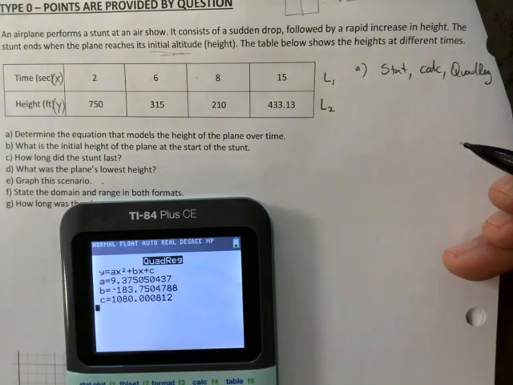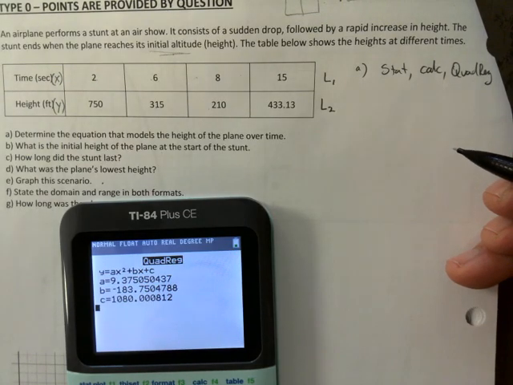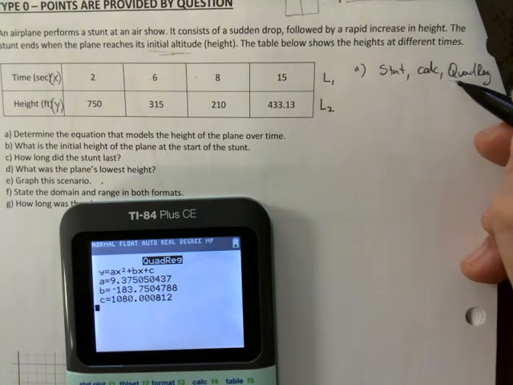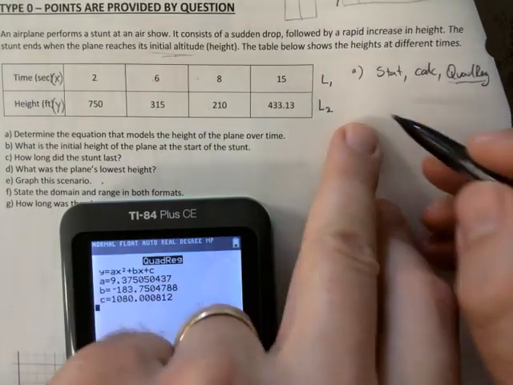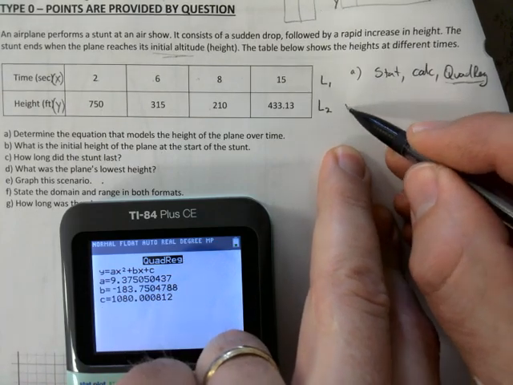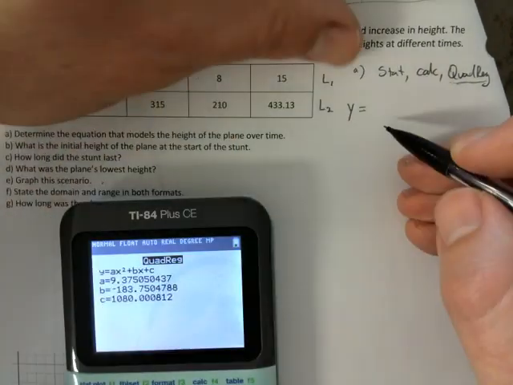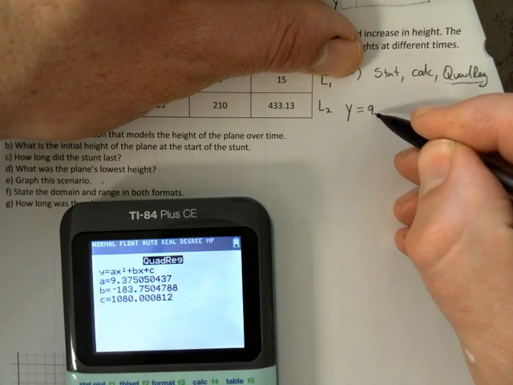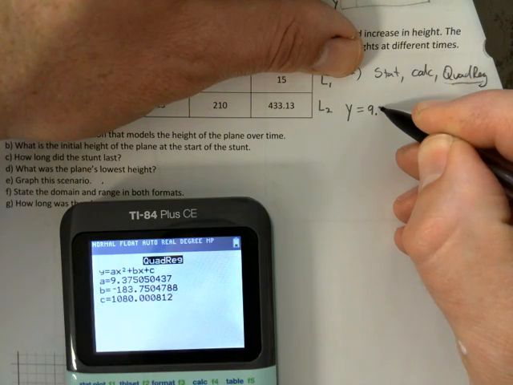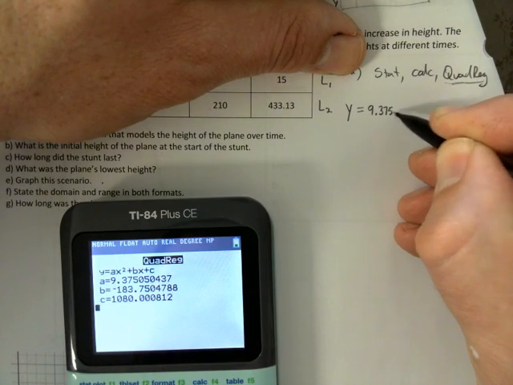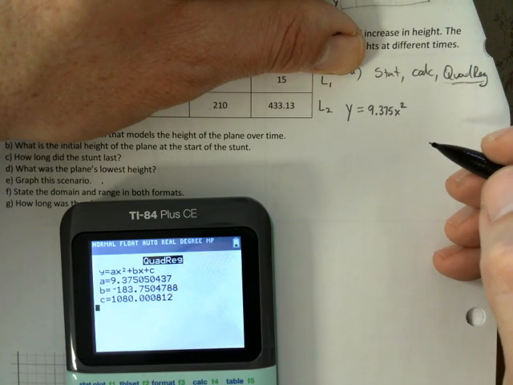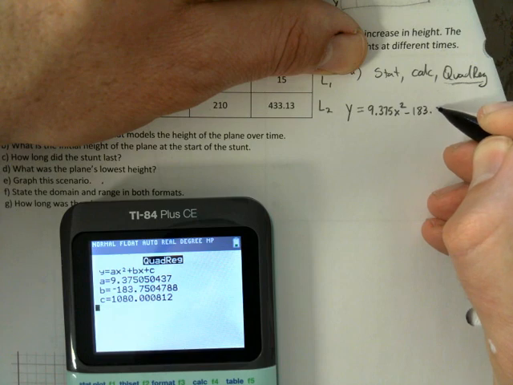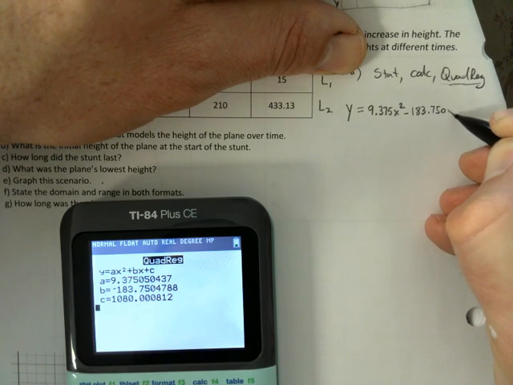Next year, you're going to do quadratic, cubic, sine wave. You're going to do a bunch of different ones. So you always have to tell us what regression you are performing. So we're going to write down y is equal to 9.375, let's use 3 decimals, why not? 9.375 x squared minus 183.750 x